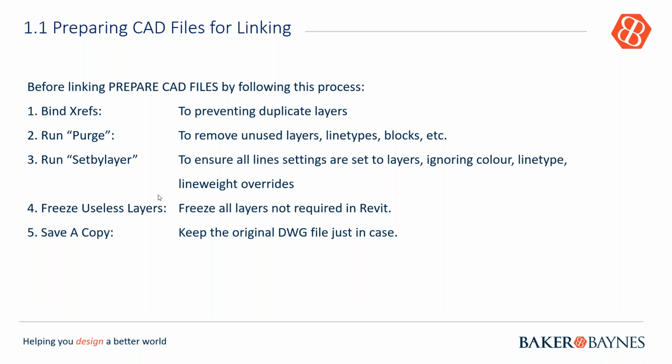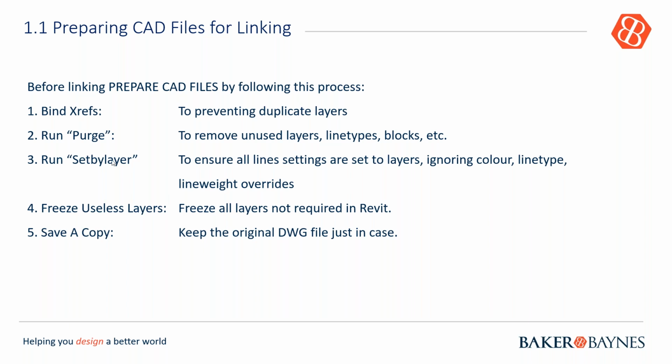The reason I say I do it in a process is I feel it makes it easier to work with the CAD file if you follow the process and then put it into Revit. And what I do is I first bind my XREFs. The reason I do this is because XREFs can cause a lot of problems. And how you would do this is you would literally open the XREF dialog box, bind it, and therefore you